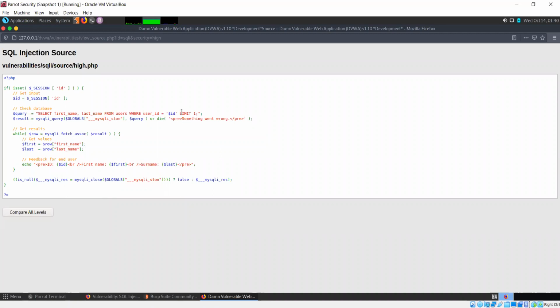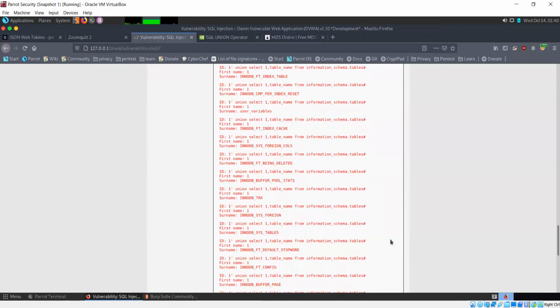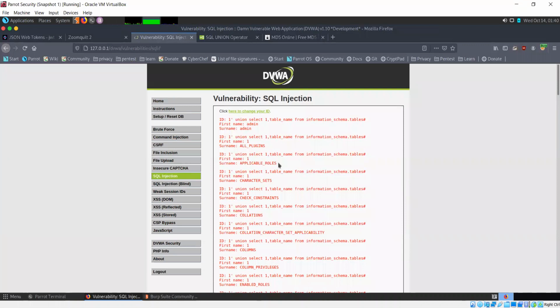And here they have added limit 1. Now that limit 1, what it does is it limits your result to just one entry. That's why it's very important to comment it out using this hash. So just keep that in mind and you're able to exploit this as well. So this is your basic SQL injection done in DVWA. Any questions here? There is also blind SQL injection, which we'll see next. Before that, is this clear?